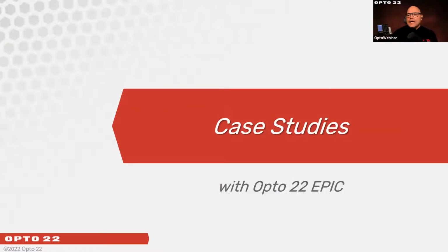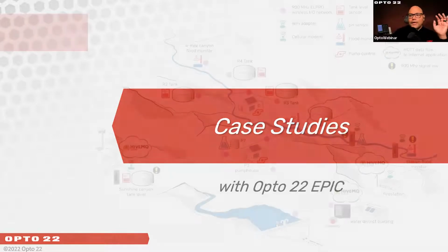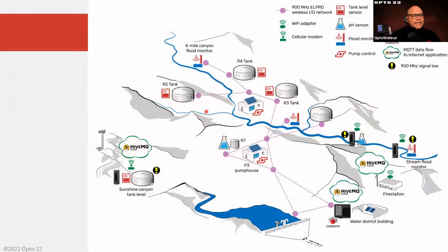So continuing now, so that's a brief introduction on the EPIC, but let me show you where people are already using it. And one clear example would be in the water space. So here we have one EPIC controller serving as the HMI for this entire water system. You have two networks. In purple, you have a 900 megahertz Ethernet network that's communicating to all of these different sensors and bringing them back